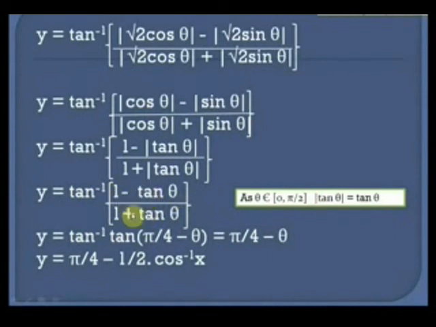Now 1 minus tan theta divided by 1 plus tan theta could be written as tan of pi by 4 minus theta. So y is equal to tan inverse of tan of pi by 4 minus theta. And as theta lies between 0 to pi by 2, therefore y is equal to pi by 4 minus theta. Thus y is equal to pi by 4 minus, we put the value of theta